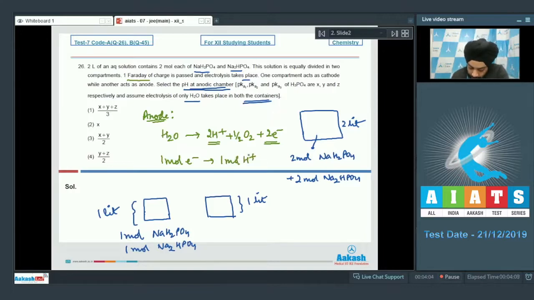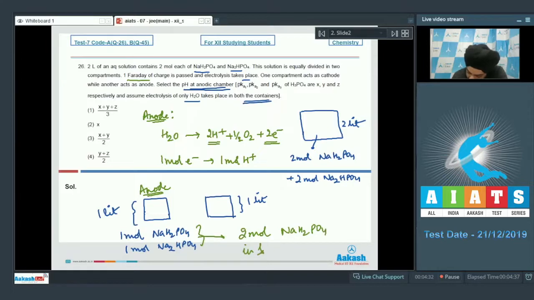Now if we talk about the anode, students, let us assume that the left hand side is the anode. In this anodic chamber, we have 1 mole of NaH2PO4 and 1 mole Na2HPO4. So this is acting as a buffer, students, and now when this Na2HPO4 is allowed to react with 1 mole of H+, the net solution is going to contain 2 mole of NaH2PO4